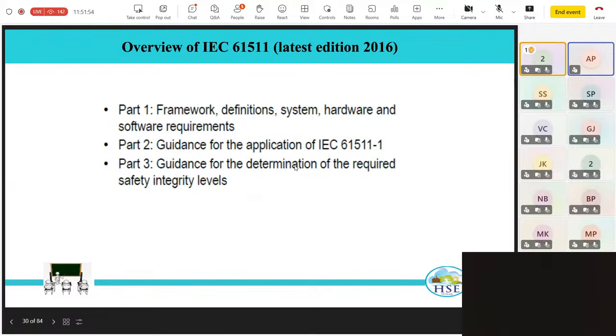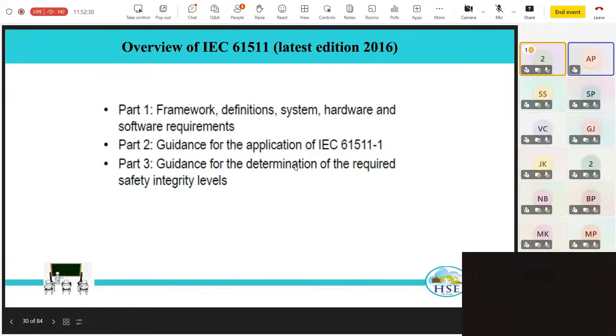There is another standard. See, IEC 61508 is a mother standard, as I mentioned to you. IEC 61511 is an application standard. Okay, so this was subsequently published in 2003, and the first edition of IEC 61511 came in 2016. Okay, and it has three parts. Part 1 is the framework, definitions of systems, hardware and software requirements. Part 2 is guidance for application of IEC 61511 Part 1, and Part 3 is guidance for determination of the required